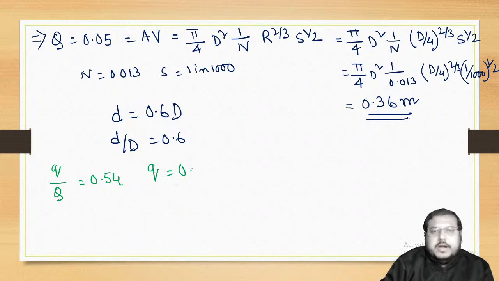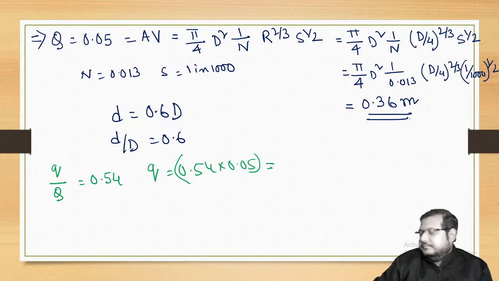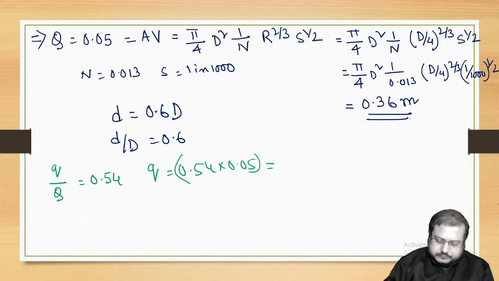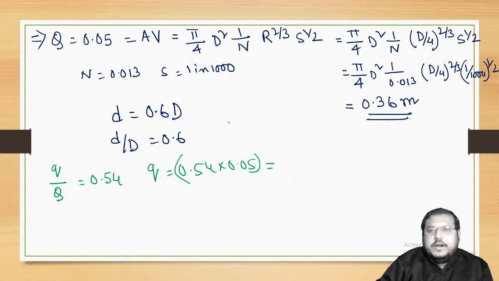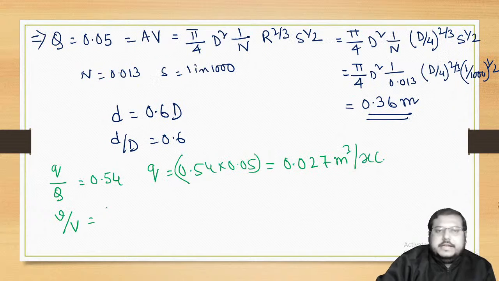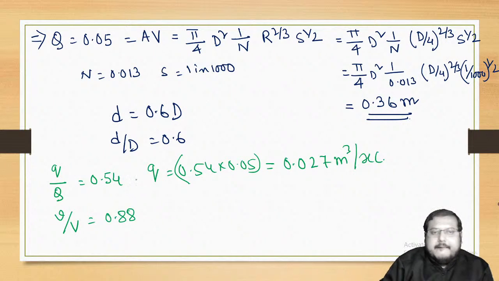So small q will be 0.54 into 0.05. It's 0.027 meter cube per second, and small v by capital V is given as 0.88. So small v will be 0.88